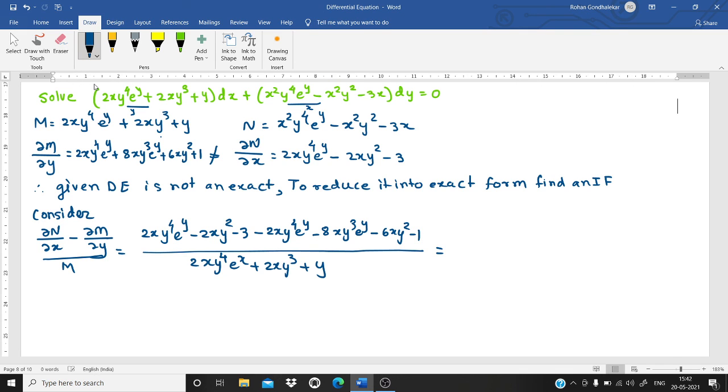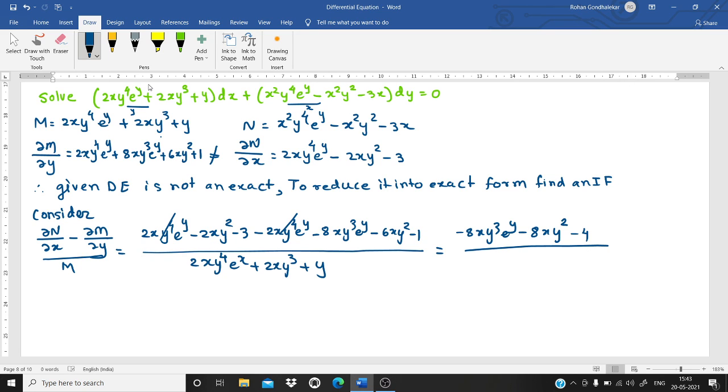Good. Now see, this term and this term will get cancelled. So here I am having minus 8x y cube e raised to y. This minus 6x y square minus 2x y square becomes minus 8x y square. Here is minus 3, here is minus 1. So we get minus 4 there. Divided by,